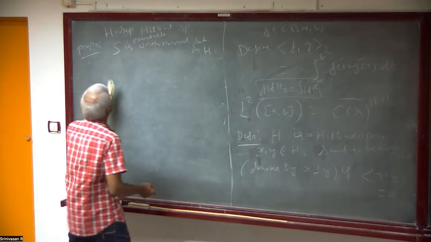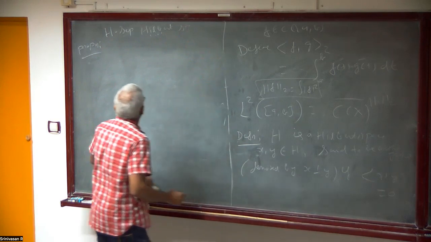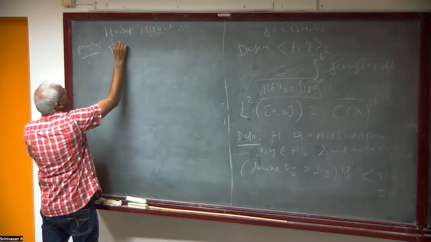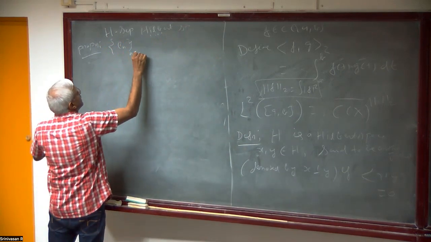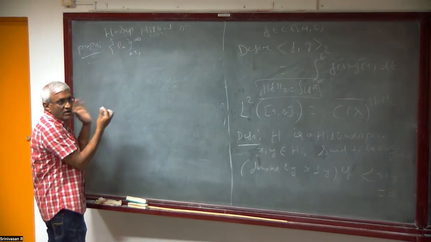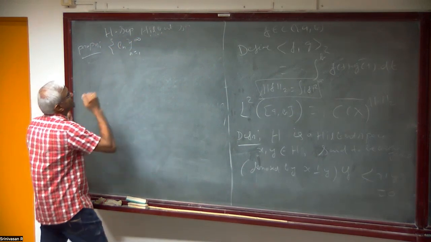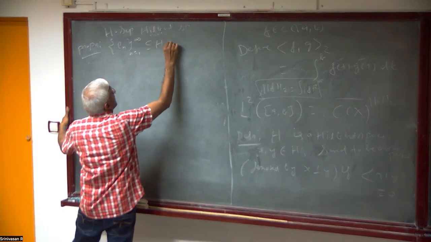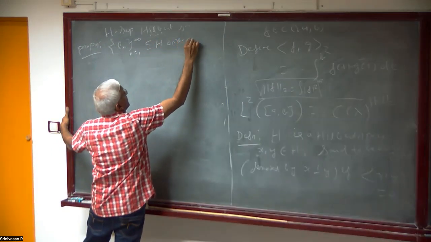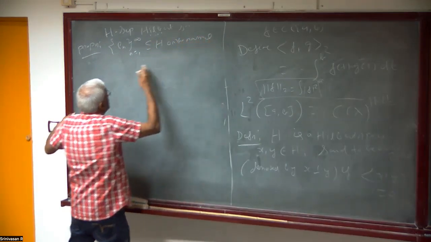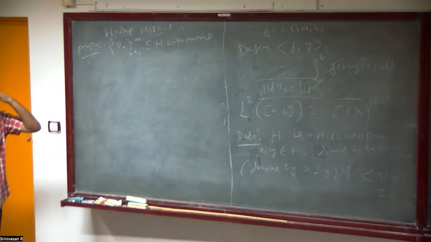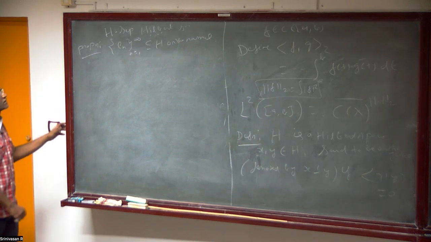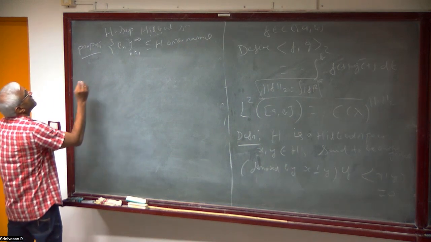Let's take en, n equal to 1 to infinity. I want it to be infinite dimensional, contained in H, orthonormal. It may be finite also if it is finite dimensional, but we are assuming that it has a countable orthonormal set. Then